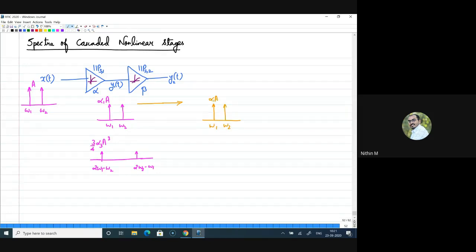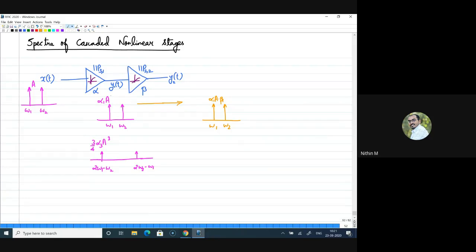Instead of alpha 1a, now this needs to be multiplied with one more thing, that is beta 1. Right, alpha 1a is the fundamental. Alpha 1 is the input. Now to the second stage, the input is alpha 1a, so that is multiplied by the fundamental gain of the second stage, which is beta 1. So you will get products at alpha 1a into beta 1 at the output. Right. So that is the direct term. I hope you are with me. So at omega 1 and omega 2, you have alpha 1a directly multiplied with beta 1, and I'm getting the fundamental term.